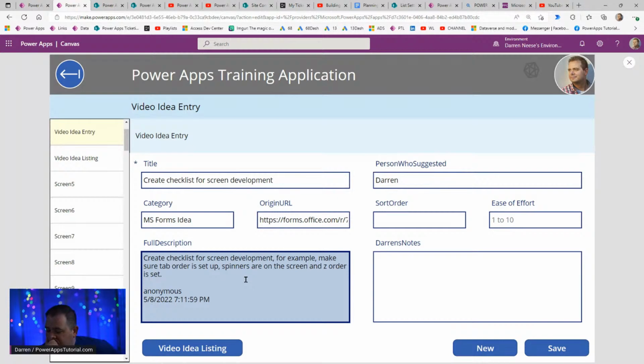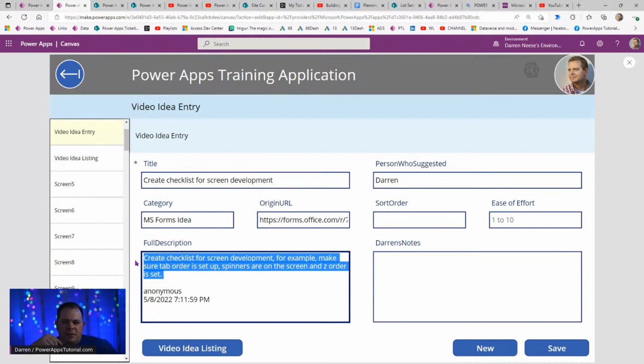I'm trying to think of things that I would want in that checklist. The Z order. Whenever you have a wait spinner, you always want to make sure that's on top. So if you work on a screen, you're going to add controls and then always get in front of the spinner. So just like a reminder to make sure you got everything there and set up right before you send off the link to the customer. Like, okay, this is done. You know what I mean? So anyway,